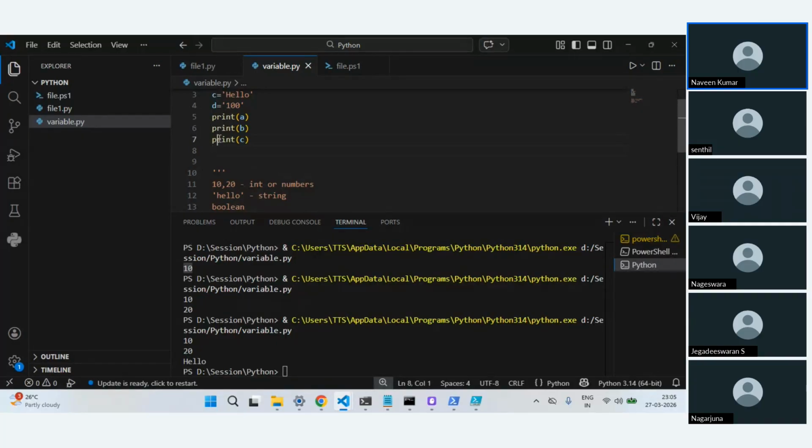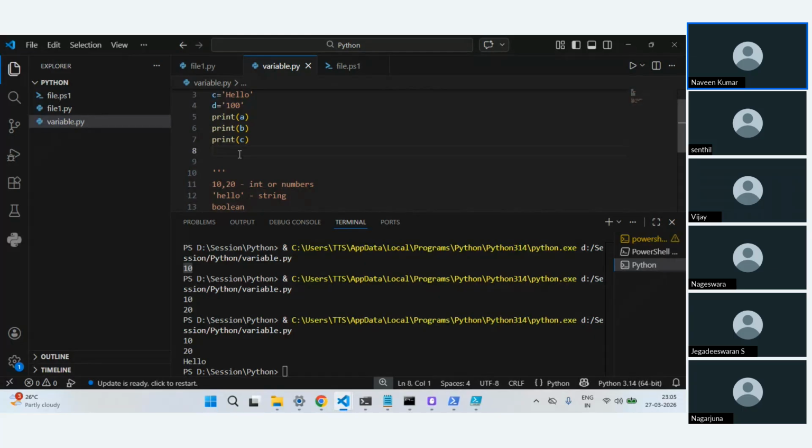In this case, print is also a function. For a function, you pass in an input and it gives us an output. That is a very basic definition of a function: you have a logic which is already defined. Some functions need an input, some functions don't. Print is a function where you pass in something and it prints.